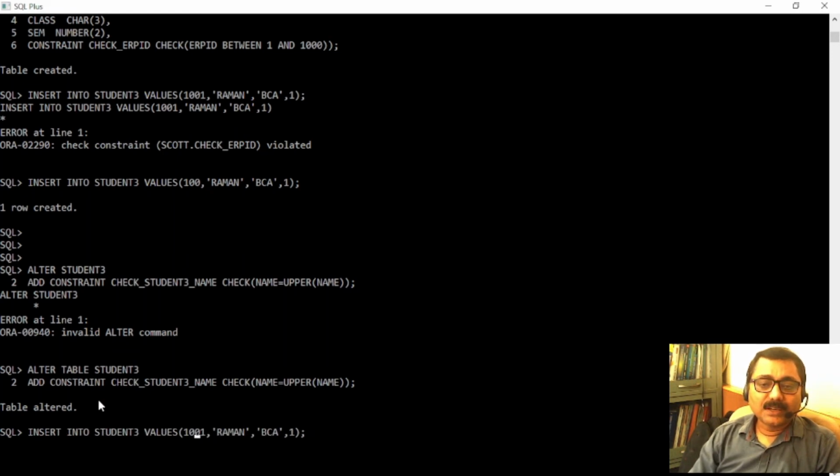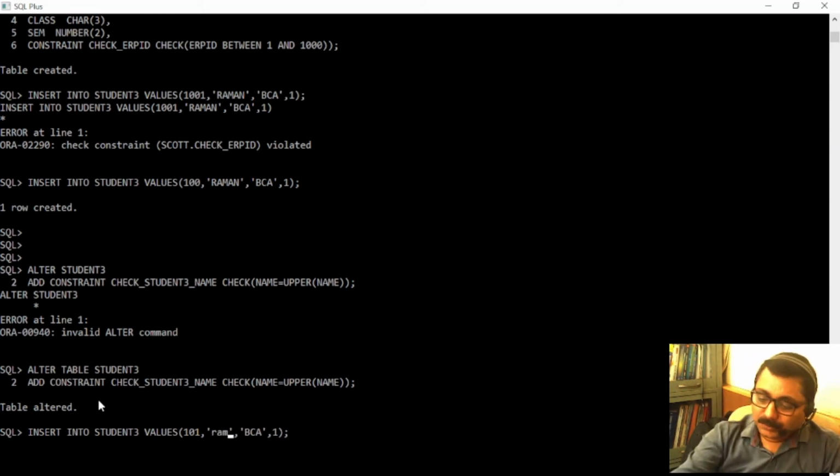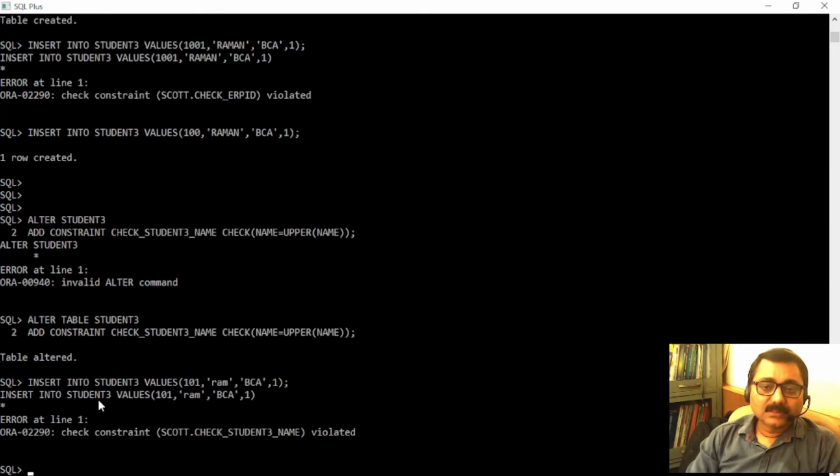So I am going, let's have 101 and name I'm keeping it lowercase Ram, and I know that this will not go into the database. See, it says check underscore student underscore name violated, means it clearly says that this check constraint is violated for the name.